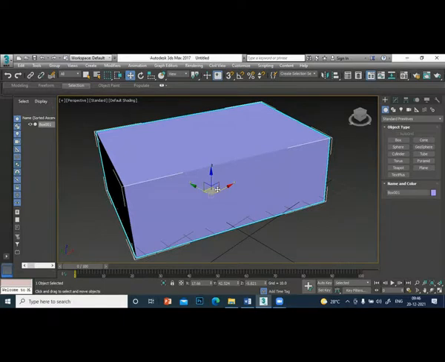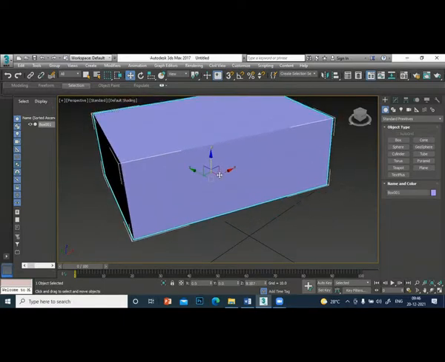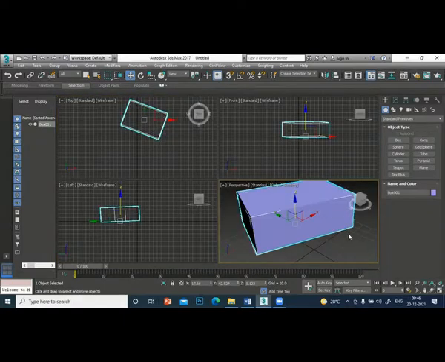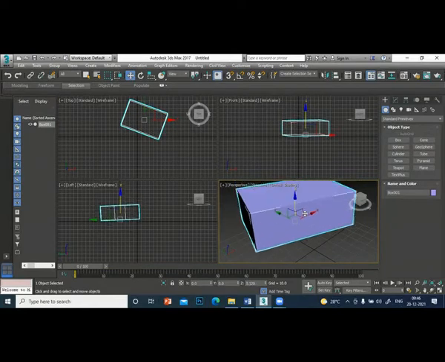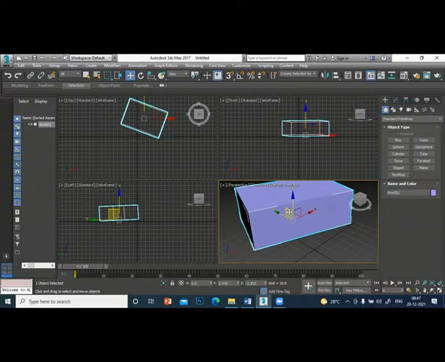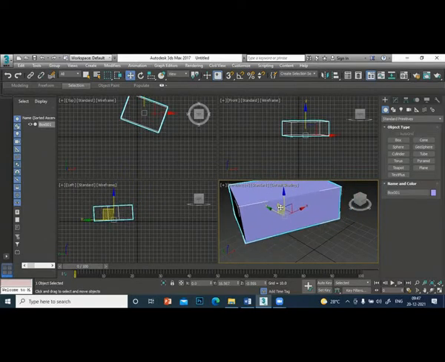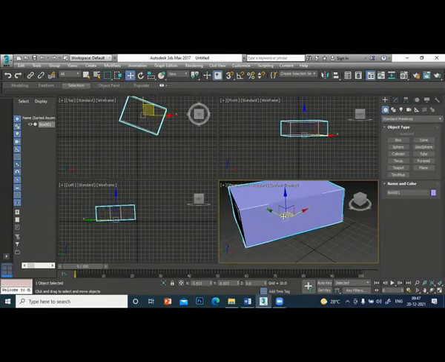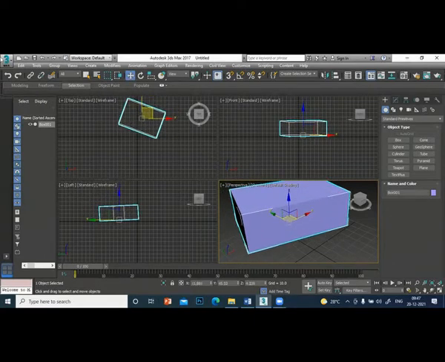This rectangle means you are moving the X and Z direction. Here, Y and Z direction. X and Y direction. I hope you got some idea now.